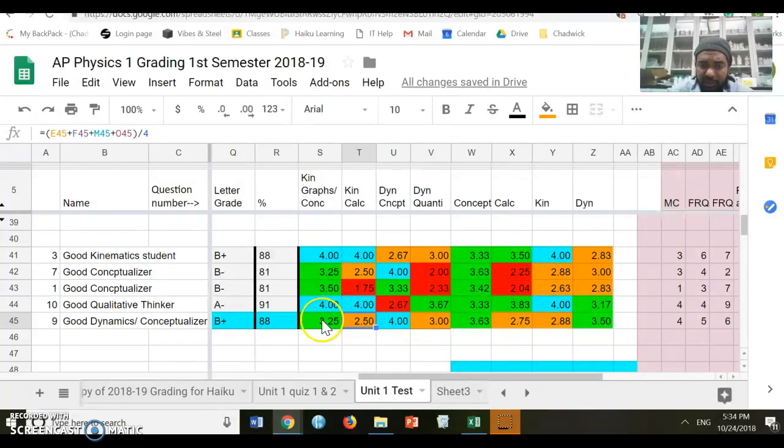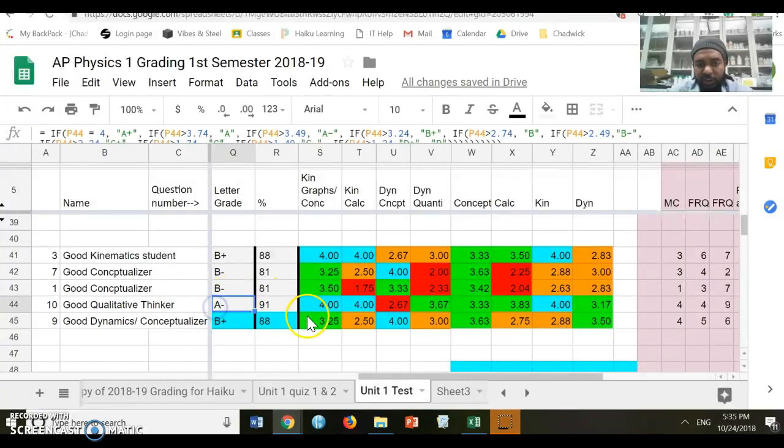But also consistently, they performed better in each area in dynamics versus kinematics. So here we see a clear difference in concept versus calculation, as well as kinematics versus dynamics. So this student needs to work on their math, but they also need to review the topic of kinematics better. Our A minus student